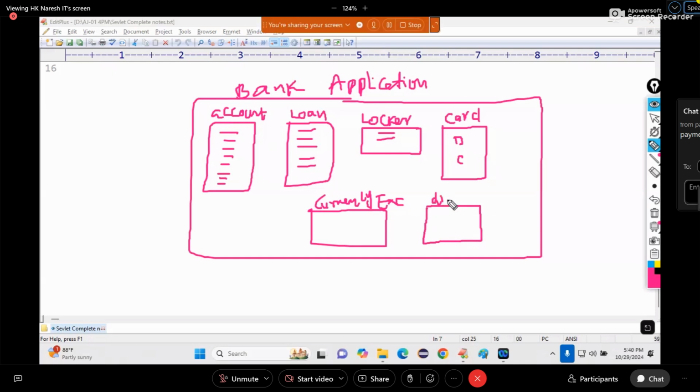Demat account. Share market, shares buying and selling. Shares and mutual funds.